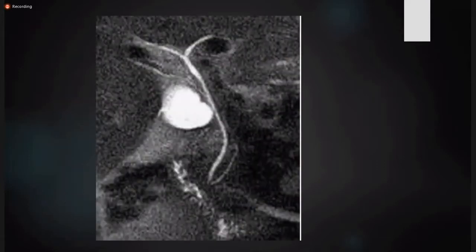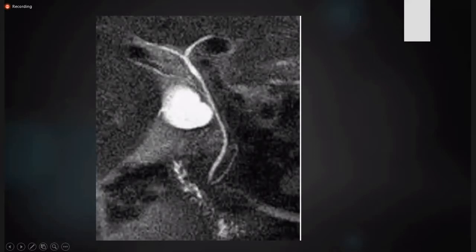This is what a normal MRCP looks like. Again, if you remember the normal anatomy, the white structure is the gallbladder, and the channels that you see are normal bile channels, right and left, within the confluence, and the CBD, which is draining into the duodenum distally. The small linear structure distal to the CBD is the pancreatic duct. These are all normal structures because the bile duct measures less than 3 millimeters.